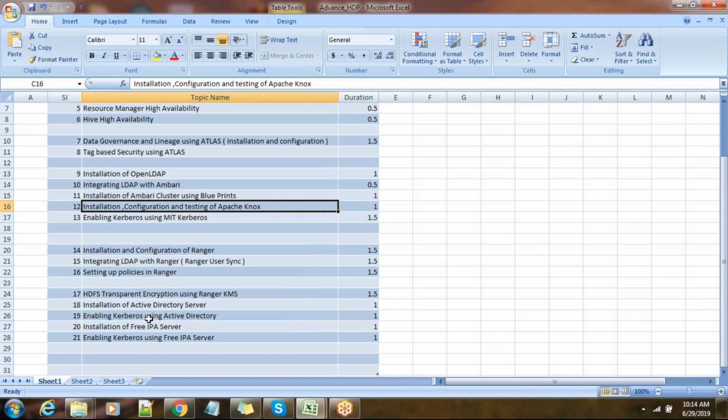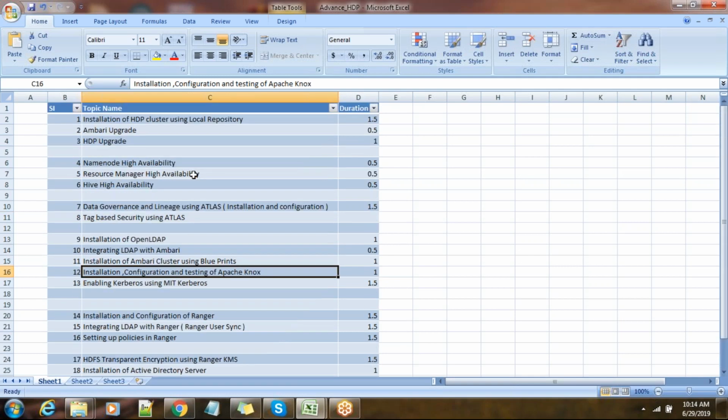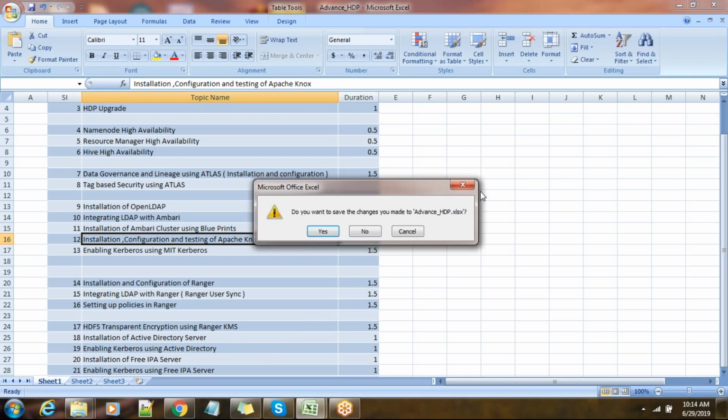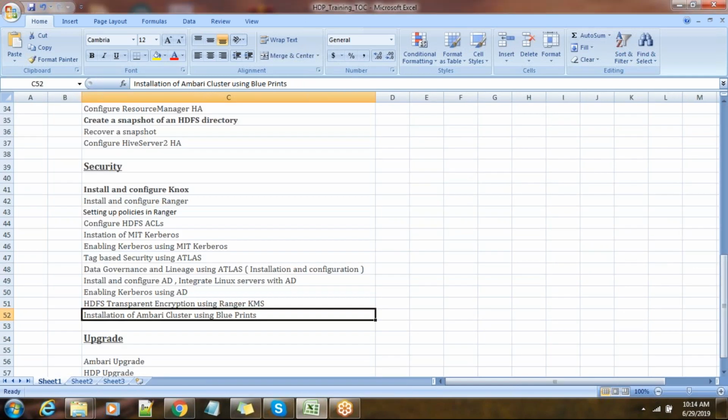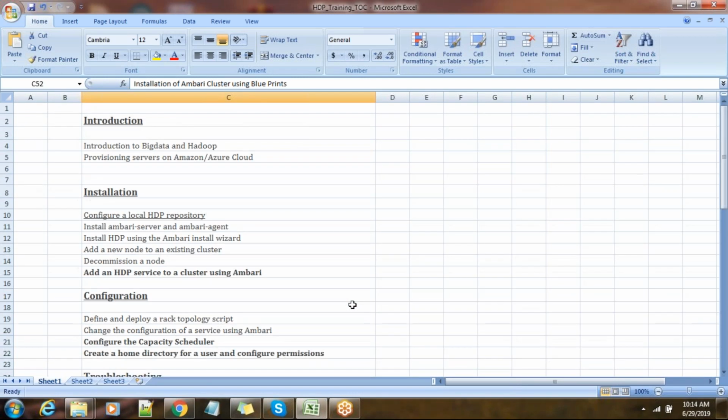I will use AD here because LDAP we need not use. So either AD, FreeIPA or LDAP, that is fine. Okay. I think that's it here. So any other topic, if you feel okay, you can suggest to me. So we will add it and do that. Okay. No problem. Thank you very much.